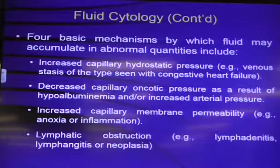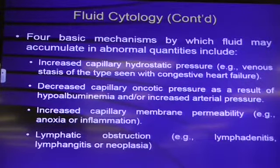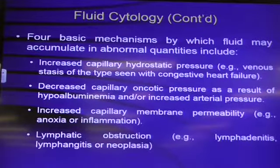Also, decreased capillary oncotic pressure. What's oncotic pressure? Does oncotic pull in or hold in? It holds in. And what's the main oncotic agent? Albumin. What if I have hypoalbuminemia? We're going to lose that and the fluid is going to go out. And what do we call that when fluid goes out like that? What's the term for that? Edema. Okay. Also, if you have increased capillary membrane permeability, such as if you have anoxia in an area that's causing cellular damage,